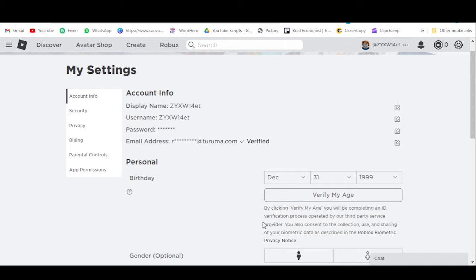There are some big YouTubers out there claiming that you can get the voice chat option, which is at the moment in beta, without verifying your age. But let me show you what they actually show, what option we get when we follow their videos. So once you click on verify my age,